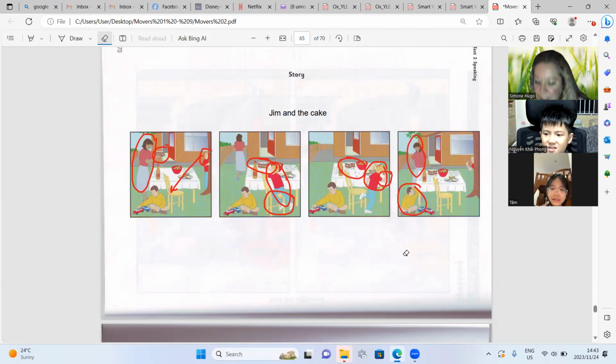She's saying to Jim, "You bad boy, you must not eat the cake." Jim is thinking, "But I didn't eat any cake." His sister is eating cake and laughing.